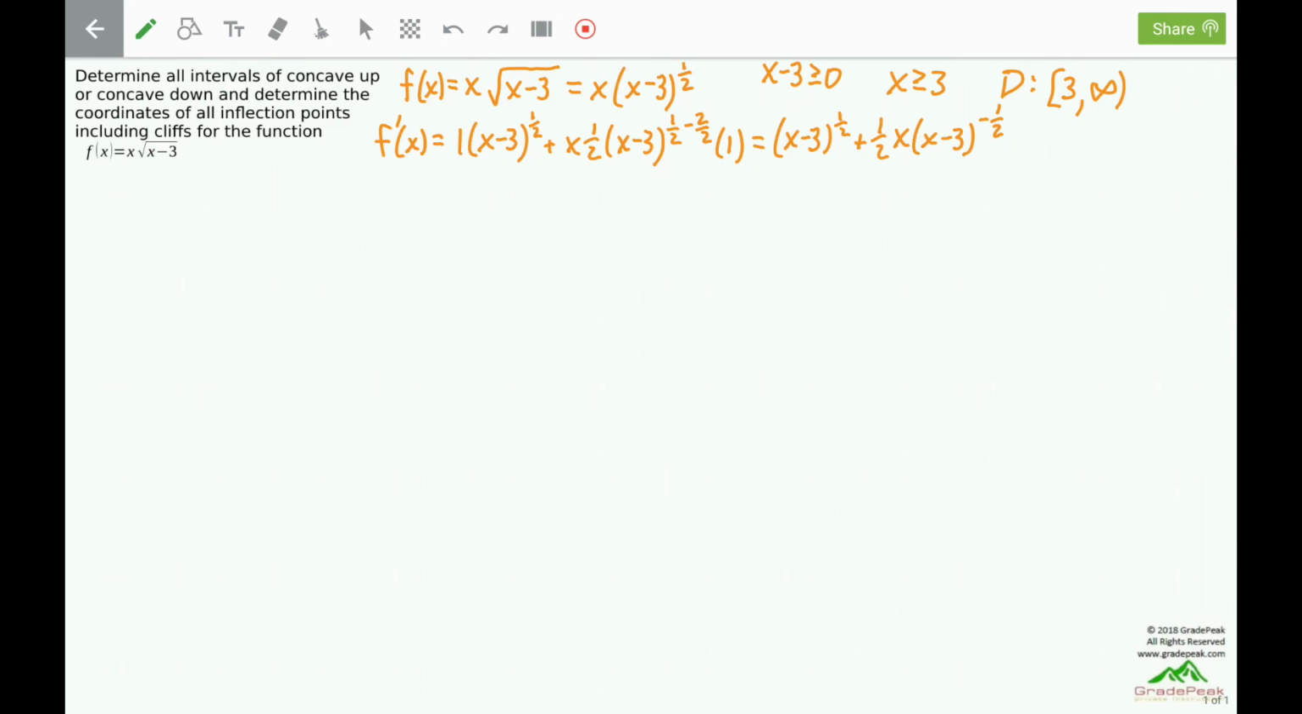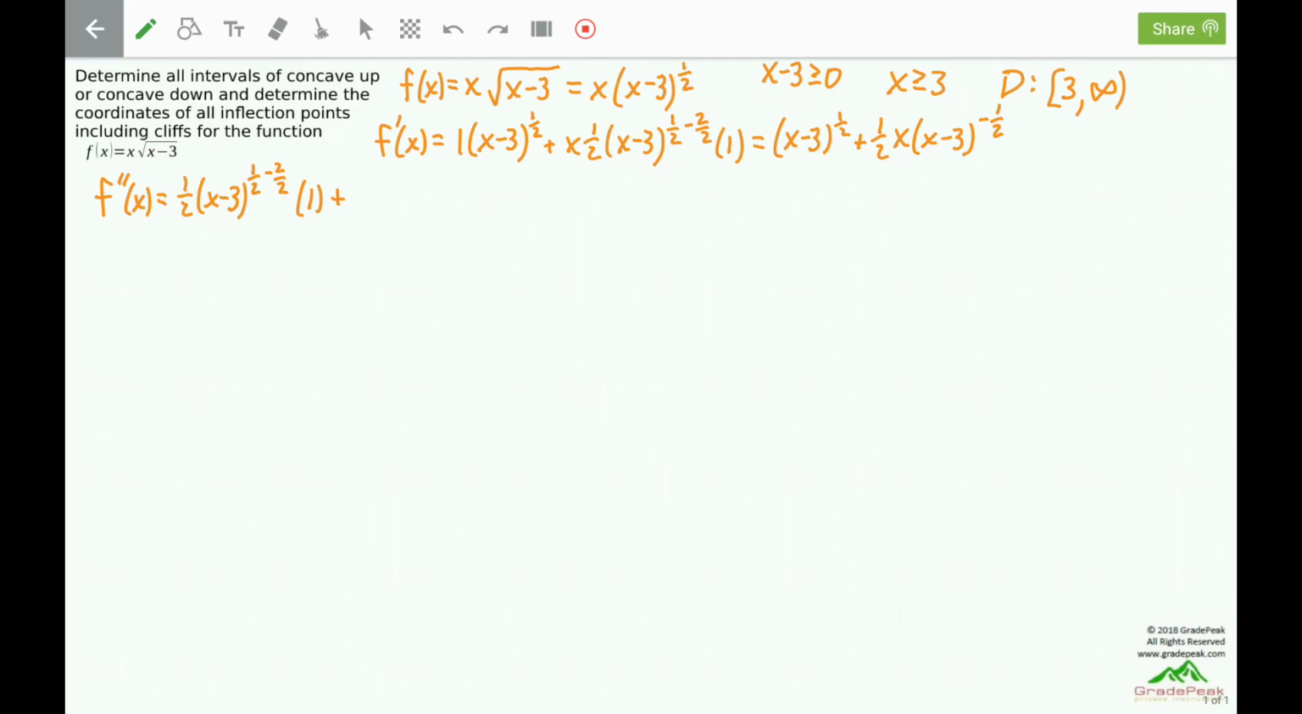We can take the second derivative right from this version of the first derivative. The first term is just a power rule, and the second term will be a product rule of 1/2 x times x minus 3 to the negative 1/2. So the second derivative, f double prime of x equals, first term, power rule, bring the power down, leave the inside alone, subtract 1 from the power, I will call that 2/2, and then multiply by the derivative of the inside to complete the chain rule,